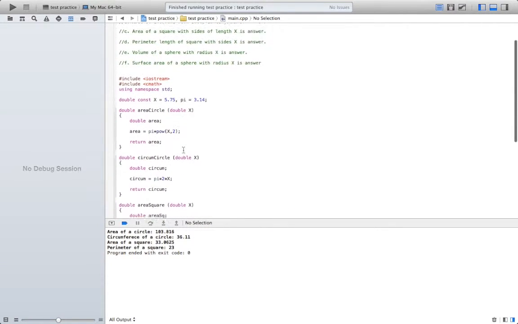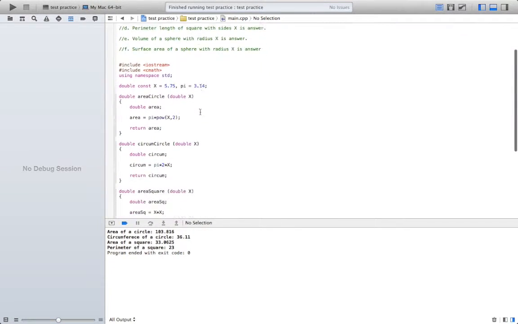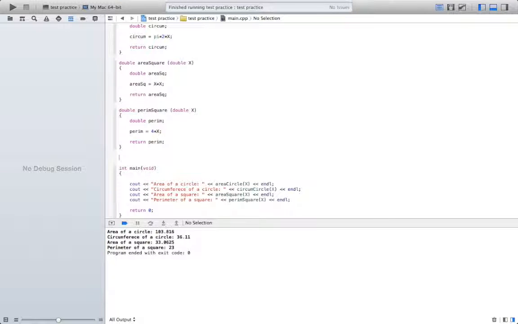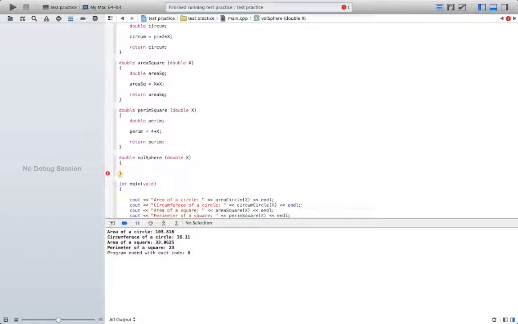So the next one that we're going to do is the volume of a sphere with the radius x. We want the function to return a double, and we'll call it volume sphere. And we want to enter double x. Then we want to initialize volume, double volume. And then volume equals, so the formula for the volume of a sphere is 4/3 times pi r